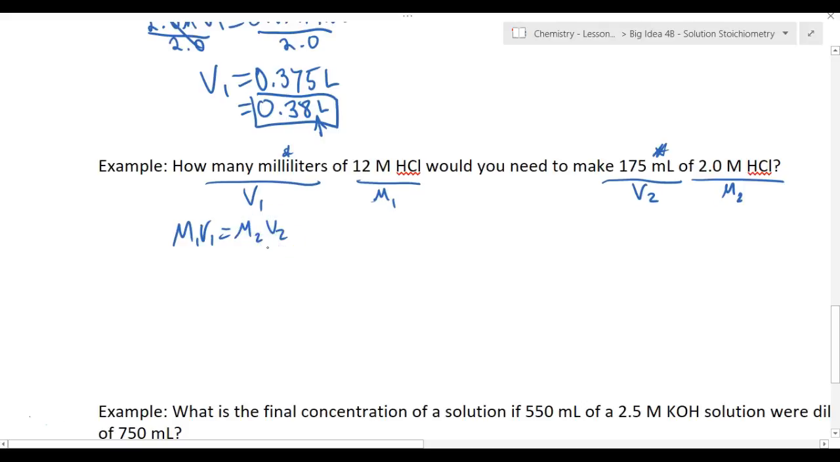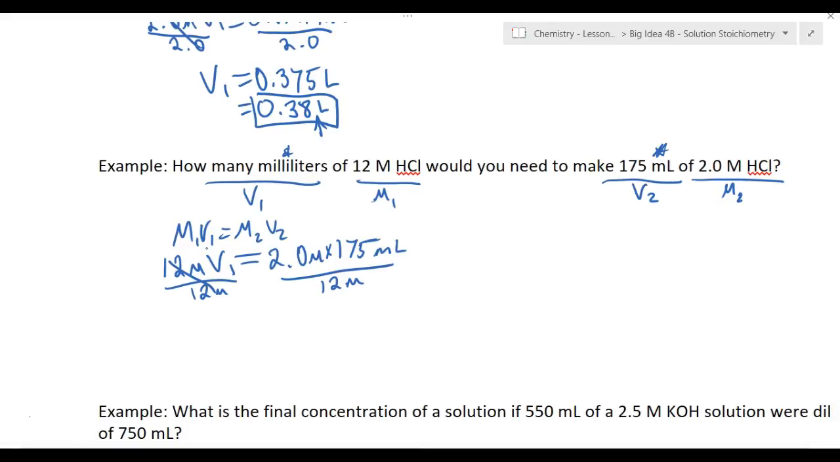We plug in what we know. We have a 12 molar solution. We have V1, which is unknown, is equal to 2.0 molar times our V2, which is 175 milliliters. Now if you divide both sides by 12 molar, that'll cancel out over here. You get 2.0 times 175 divided by 12, which is going to get you a V1 equal to 29.16